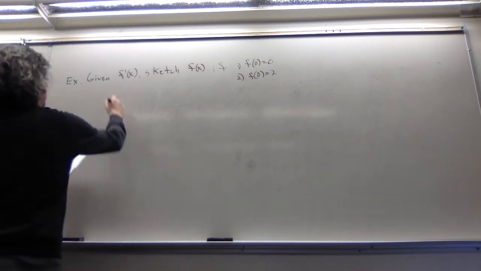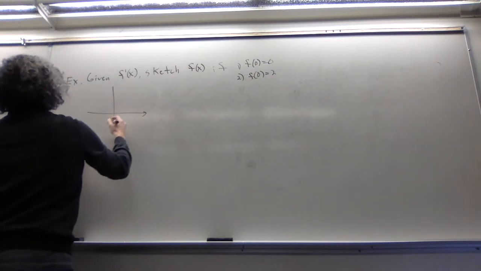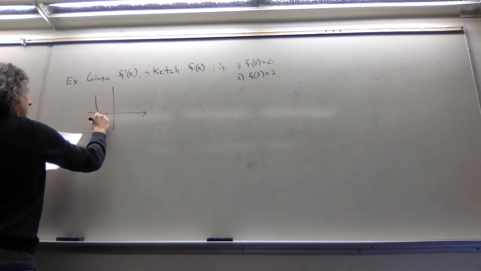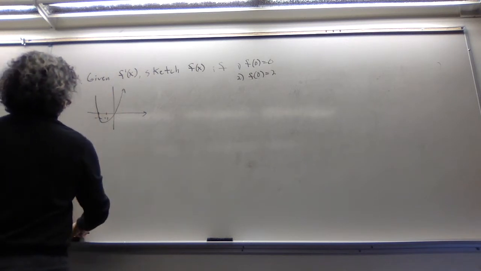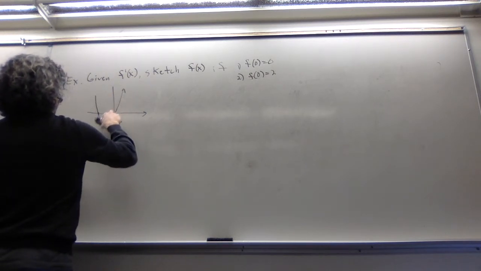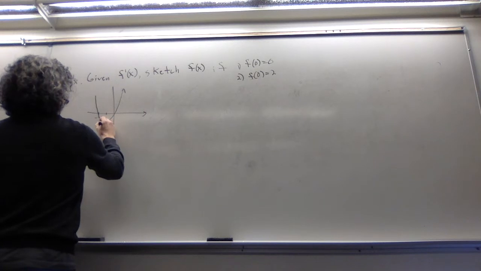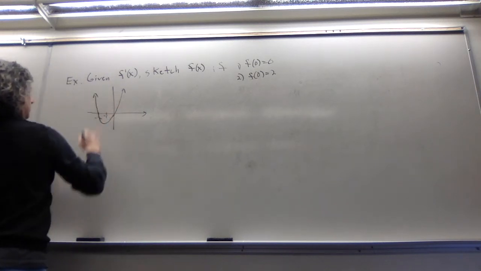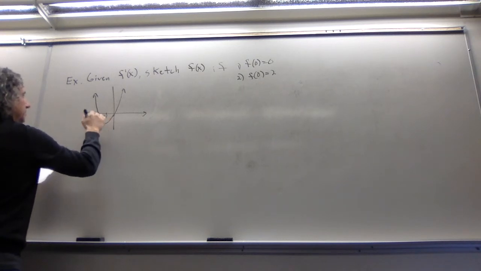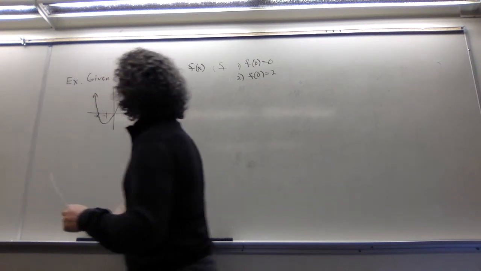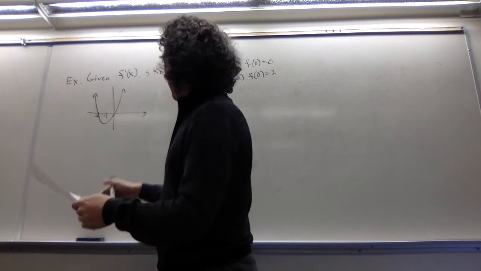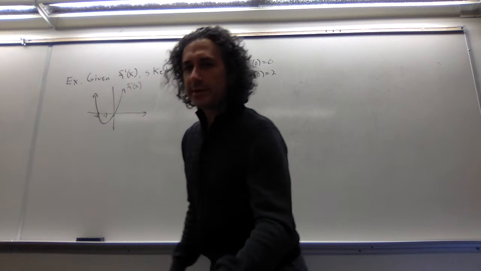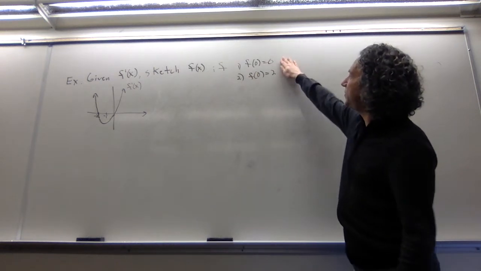And let me give you a picture. Here's negative 2. Here's negative 1. So we have this function, and just cleaning it up a little bit. Okay, so there we go. So this guy's negative 2, this guy's negative 1, and this is a picture of f prime of x. So we want to sketch f of x with these two conditions.